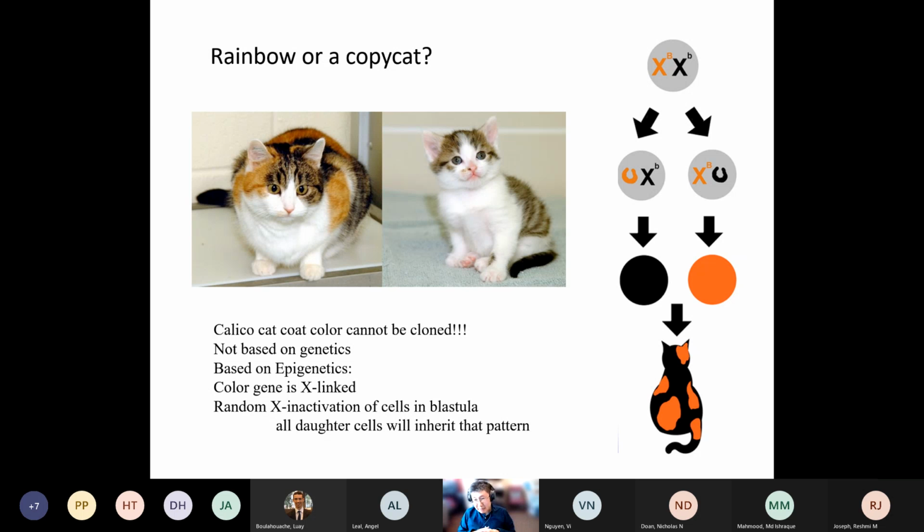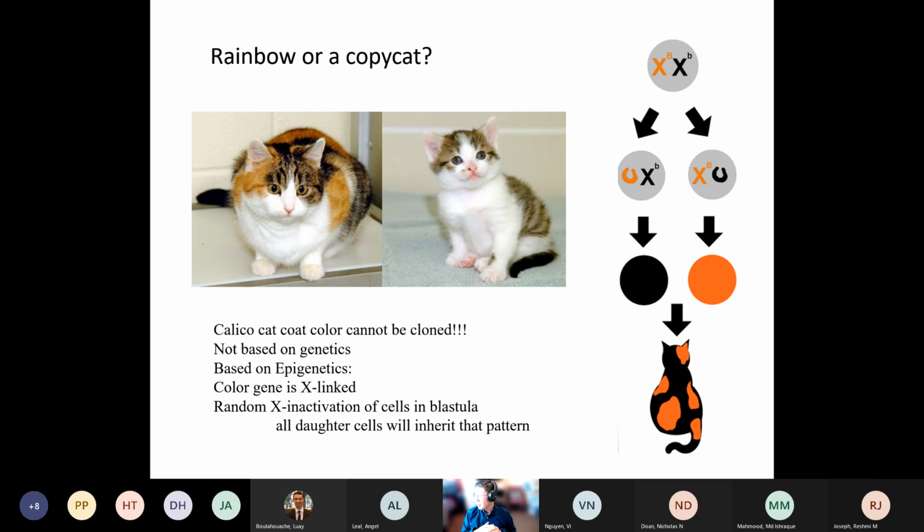Basically, the female is a chimera. All the females are chimera. Human beings the same. There are the ladies here, you are chimera because maybe some of your cells in your skin and the other cells in a different part of your body, they have different X inactivation. They use different X chromosome, either from the mom side or from the dad side,